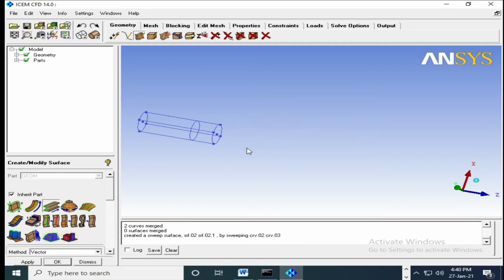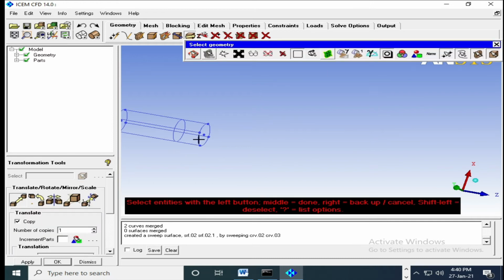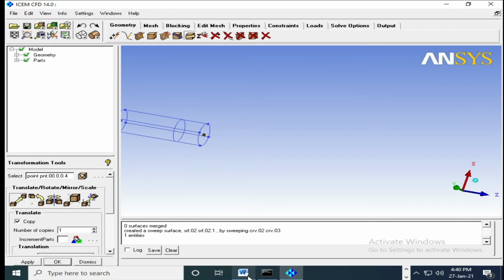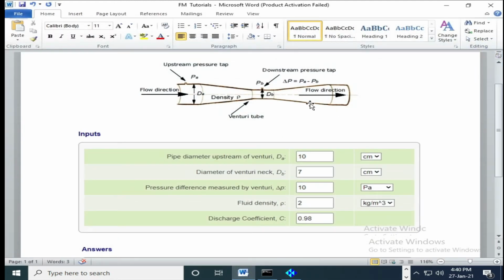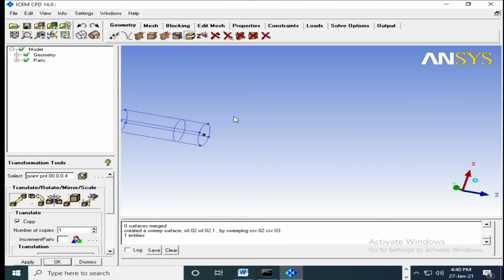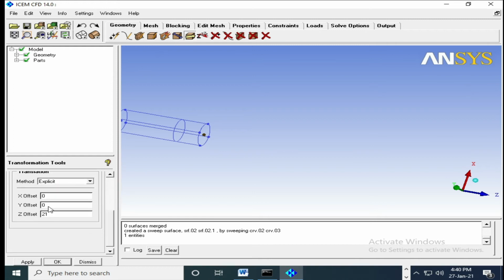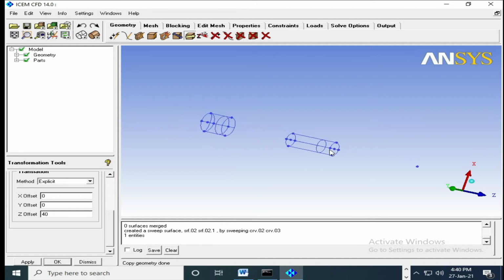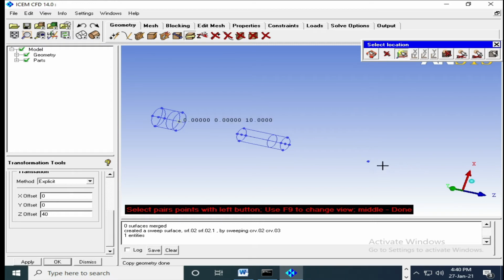And at last, if you look at the figure, the next cone, the opening cone, is 4 times the diameter, so that is 40. So I am copying this at 40 here, and I will measure the distance between this point and this point.